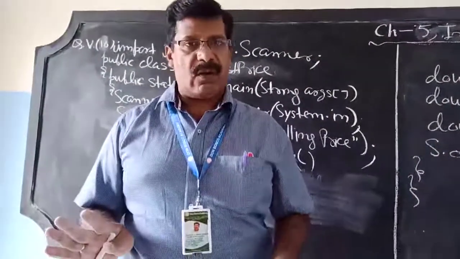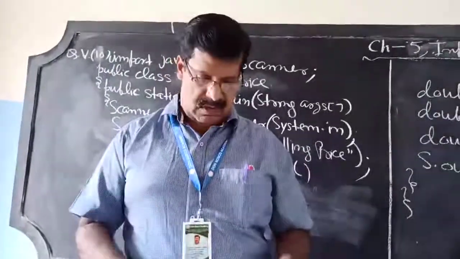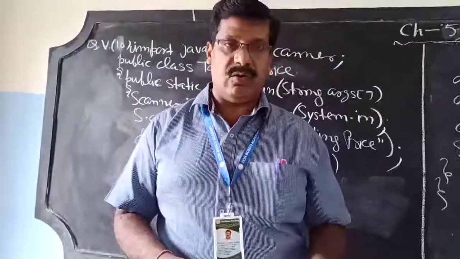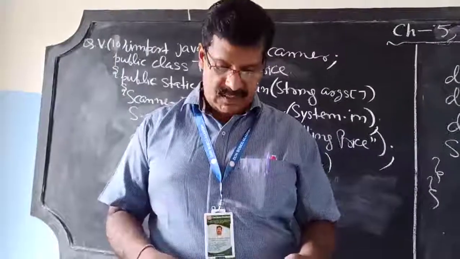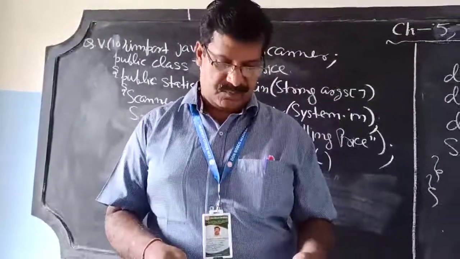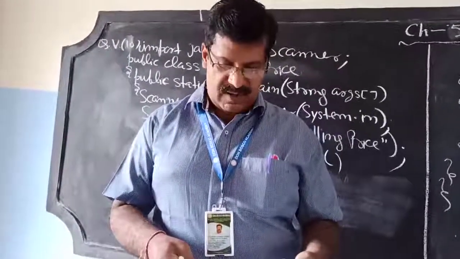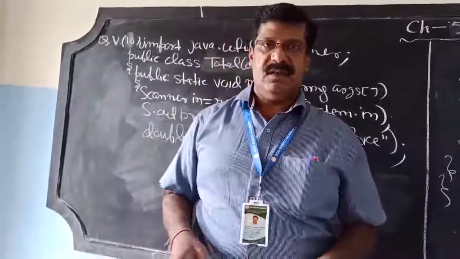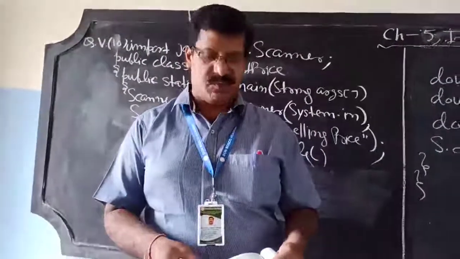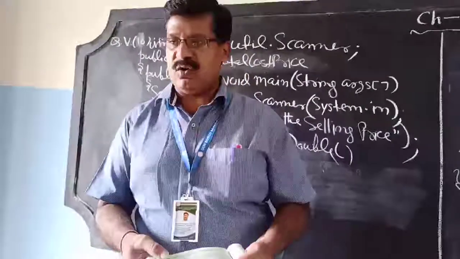Both the calculators have got the same selling price, and we calculate the total cost together. So what is the formula given? When it is profit, CP equals SP by 1 plus profit by 100. When it is loss, CP equals SP by 1 minus loss by 100. So there are two formulas.